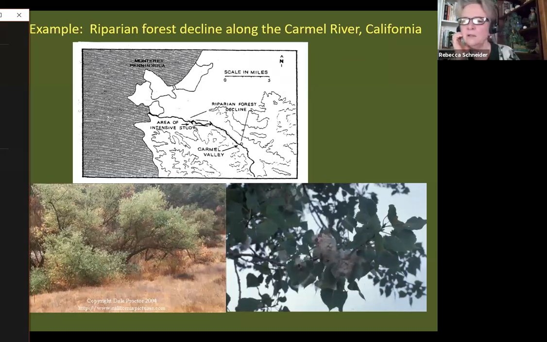This has an effect on the stream, on the plants that grow next to the stream. And this one particular study, I just really like the way it shows how clearly groundwater overdraft, pumping for communities, caused the disappearance of this entire stream and the forest next to it. This is the Carmel River in California. It has a forest that grows next to the stream, and in this very dry area, it's a critical forest for migrating birds and wildlife to use. It has willow trees and cottonwood trees, which we have a different species, but similar to what we have up in the Northeast.